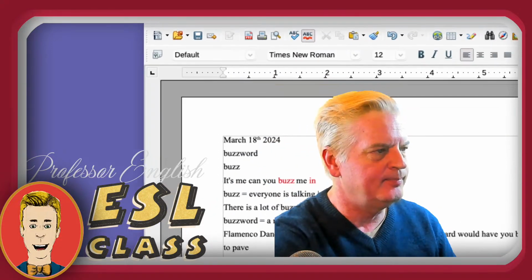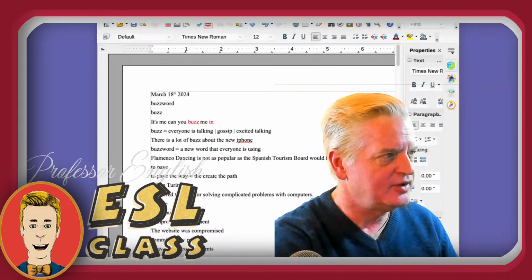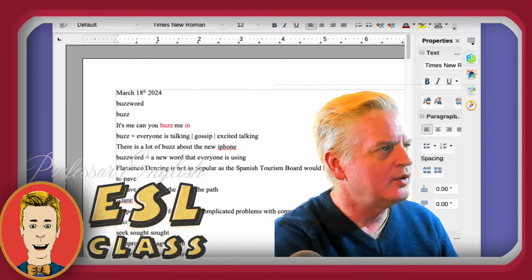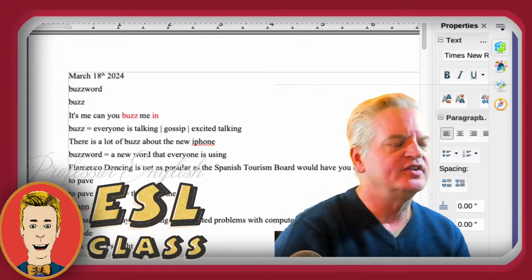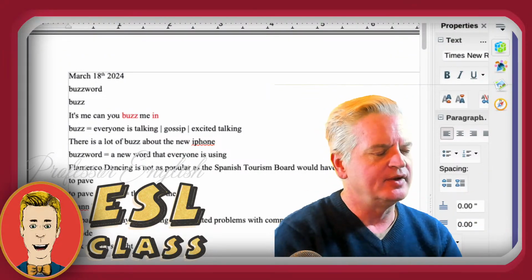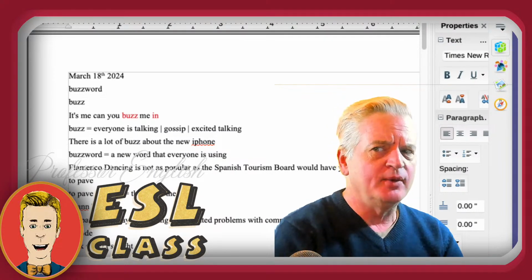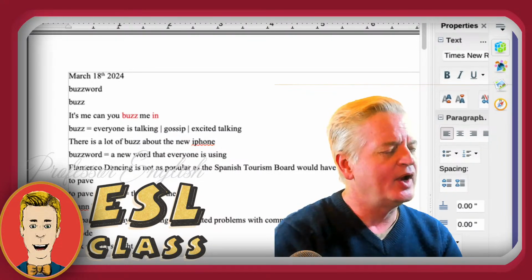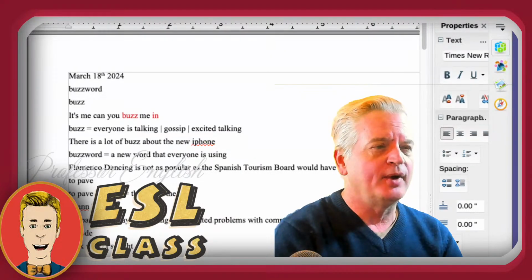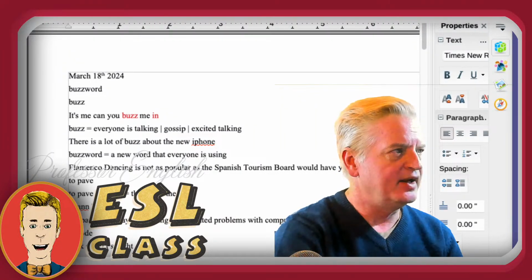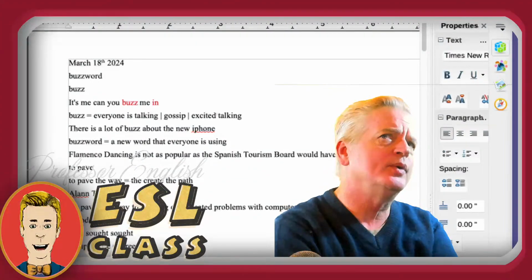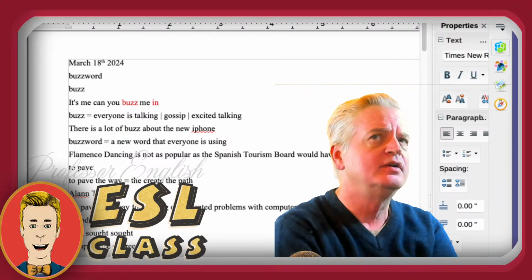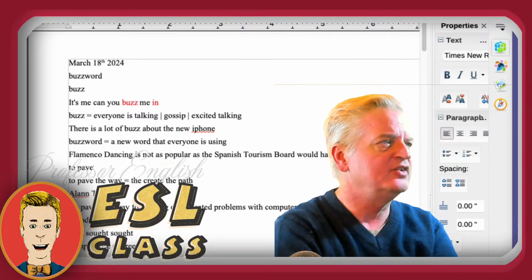Okay, so these were 3 English classes that I taught this morning, and what we are going to do is go through these 3 classes. These are the notes from the class. This is everything that we talked about during the class. These were intermediate to advanced people, and we talked about vocabulary, we did some grammar exercises, and we talked about some mistakes that were made. The grammar that we will be talking about will have to do with reported speech, and that will be at the end. Something interesting about reported speech.